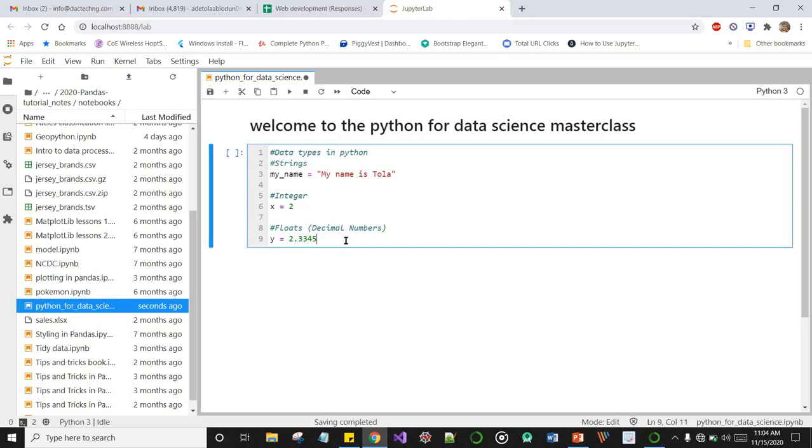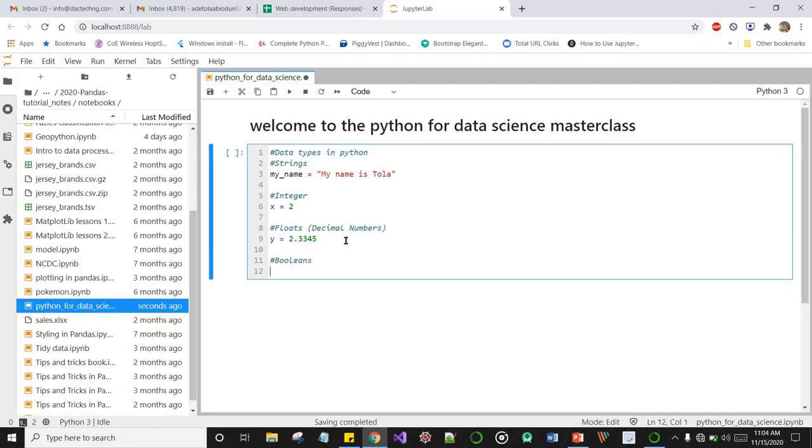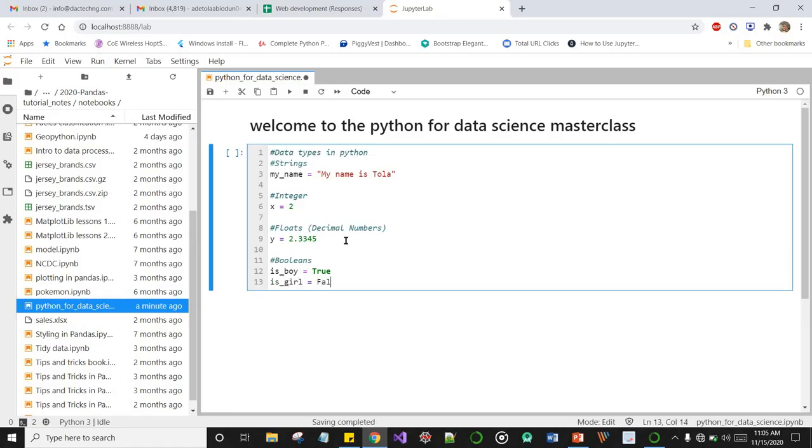Okay, and another quick one we are going to be using, but I don't think we're going to be using that today, but just for sake of knowing, they are called booleans. Boolean can either be, let's say, is_boy equals to True, is_girl can be False.